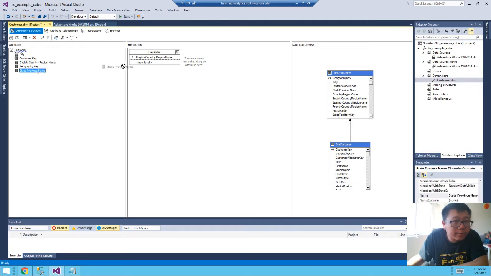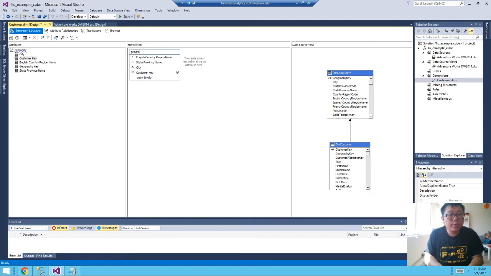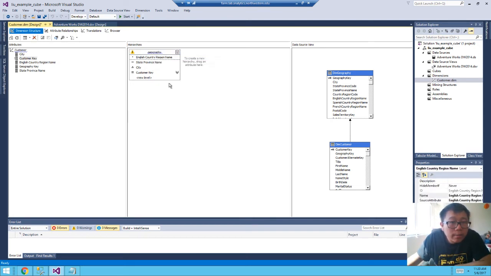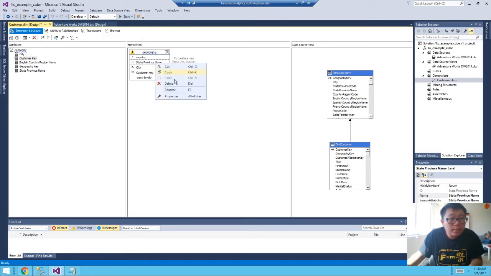And then we should have our state, and then city, and then a customer key. All right, so the hierarchy should be renamed to geography. All right, and then I'm gonna rename these to country, state, city, customer